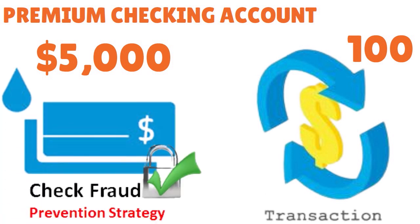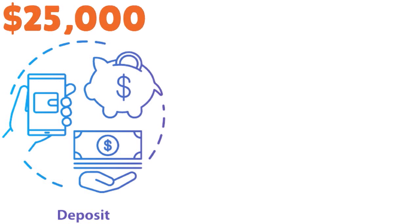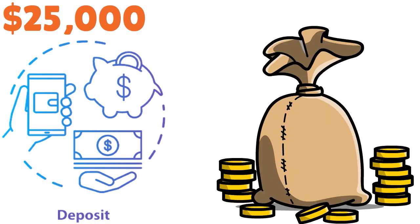You have check fraud management tools at a discounted price with customer maintained positive pay, and money management services across all your deposits. There is a monthly service charge of $25, but you can waive it if you have a combined monthly balance of $25,000 across your business checking, savings, and CDs, a Fifth Third business loan or line of credit or merchant service enrollment, and at least $500 in monthly spending across your Fifth Third business credit cards. Just fantastic. And you have up to 500 transactions and up to 10,000 in cash deposits per month without